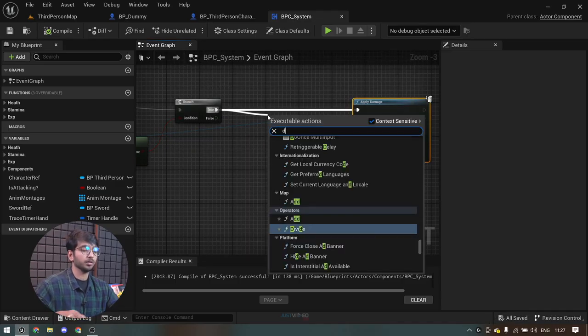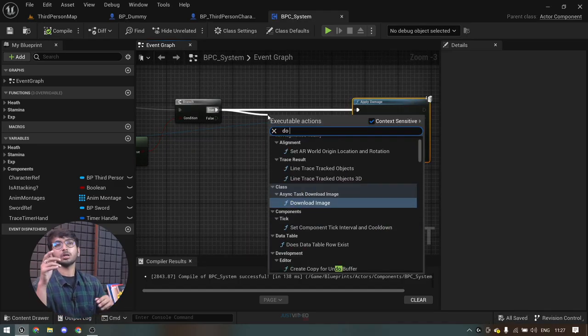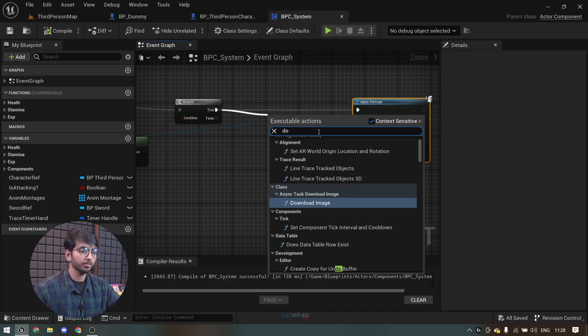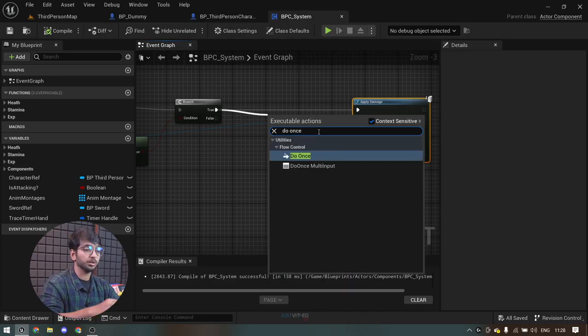And also we'll give a Do Once here, because we are looping this continuously. So if we overlap more than once, it will try to cause damage more than once. So in one hit we may be able to give the enemy damage 2 to 3 times. So we'll call a Do Once here,